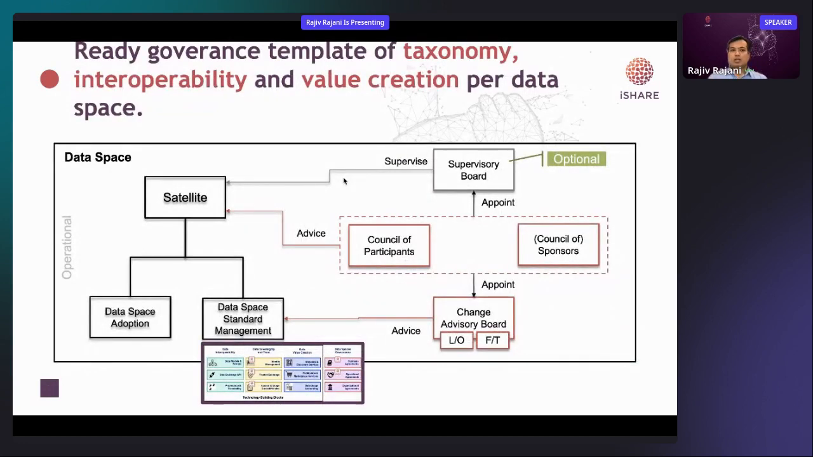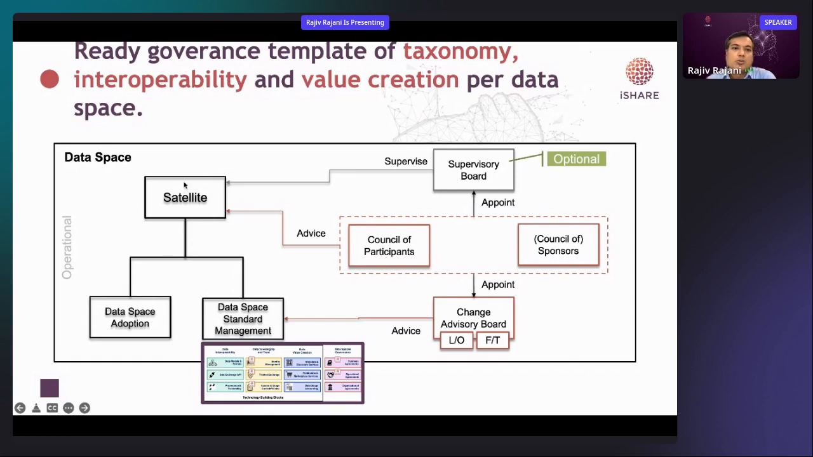iSHARE has its own governance model, and we provide this, what you see on the screen, as a basic template, which you can use to get started with your data space governance structure. Of course, you are free to choose a structure which is more suitable for you. But if you are starting from scratch, maybe you want to see if this fits for you and is workable for you. What it essentially explains is, on the left you see the satellite, which acts as the governing